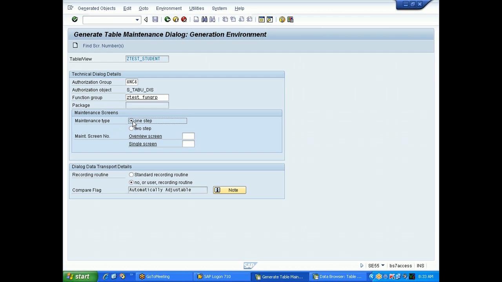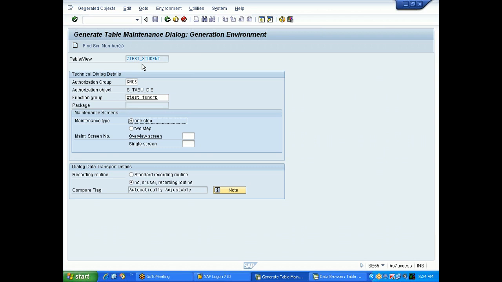We are creating this table maintenance generator for which table? The student table, ZTEST_STUDENT. How many fields does it have?